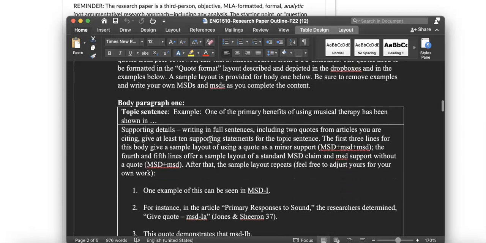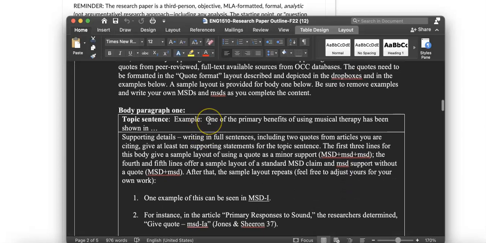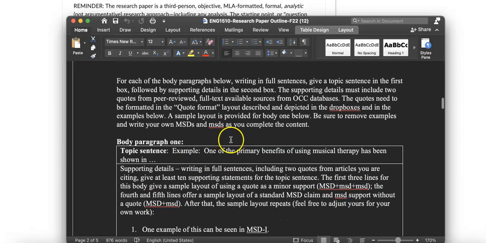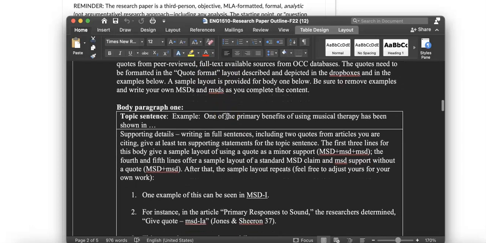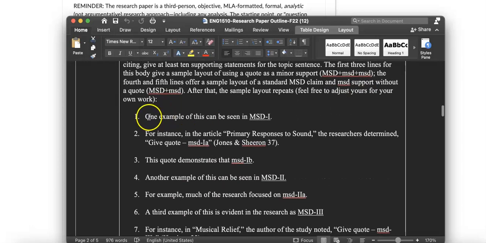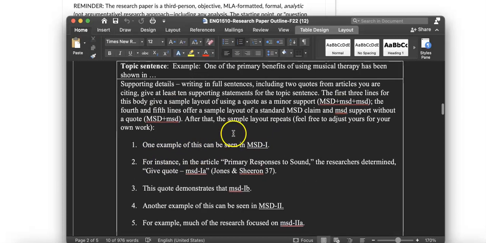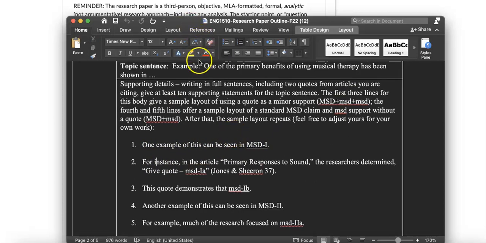In bodies 1, 2, and 3 on here, thinking about major supports, I have a quote format and quote requirement. As of now, you'll see here you have an opening for major supporting detail. Quote format indicates in the drop box there that you make a claim. That is the major supporting detail. Quote should be used to support the claim.